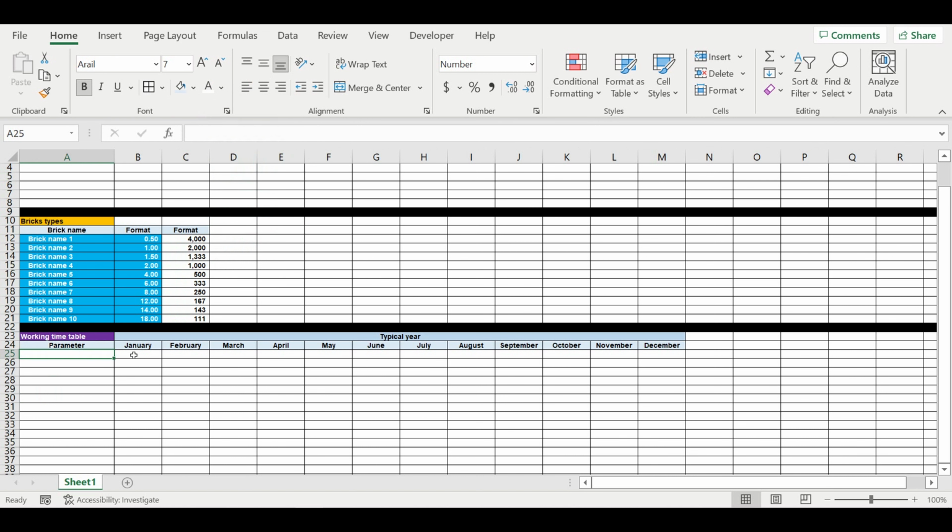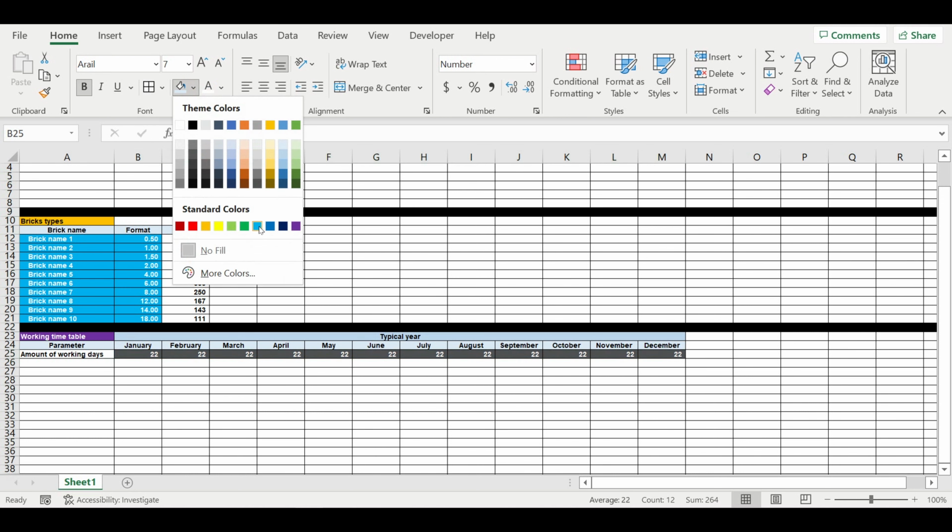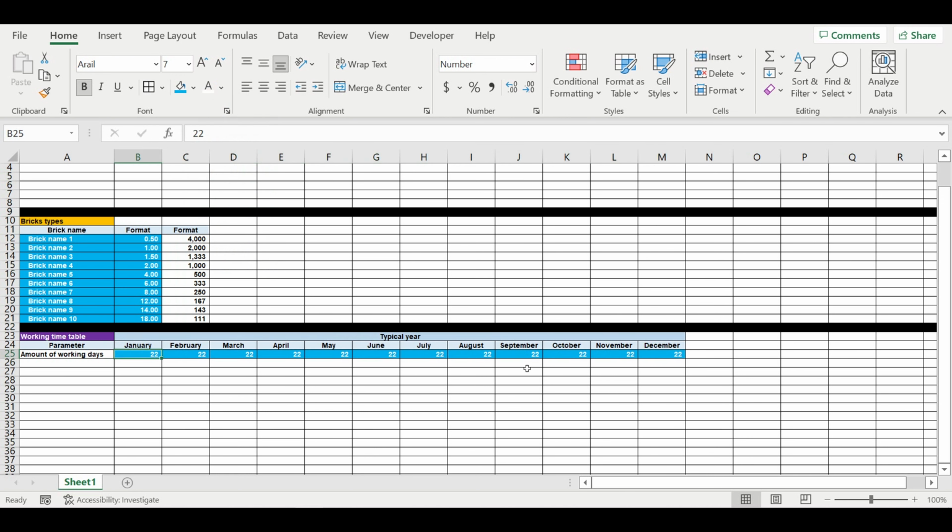So the first parameter is the amount of working days. For example, we have 22 working days per month, or we can have some seasonality inside the typical year. For example, in summer we can have all days in the month. In winter we have another amount of working days, so we can specify here the seasonality. So this is the input, so we are marking it with a specific color. Then we specify